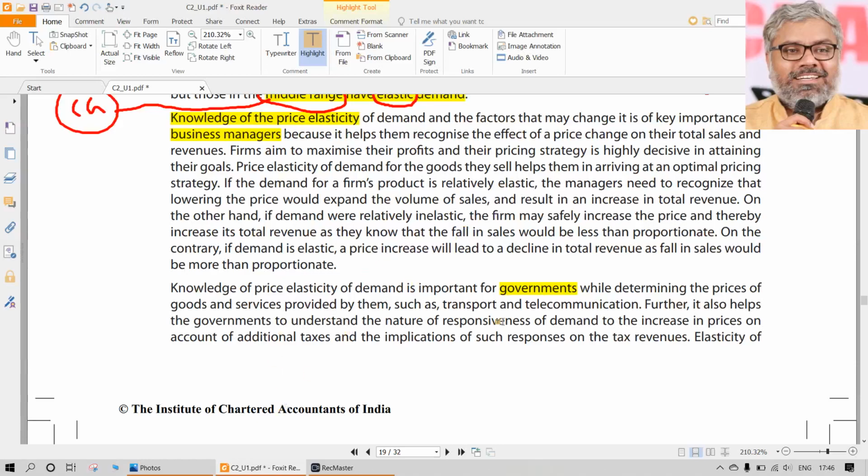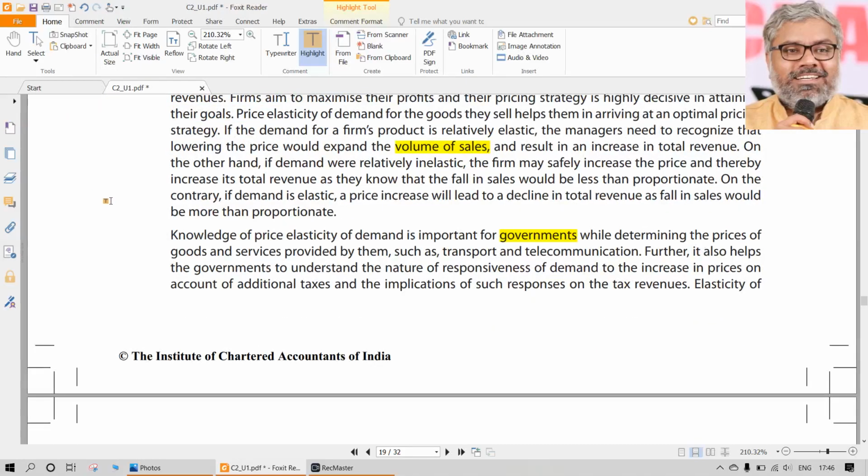So it is a very important aspect. And the knowledge of price elasticity is not only important for business managers, though for them anyway it is important, because that will ultimately impact the volume of sales. That is the ultimate objective of any company, any organization. They want higher sales. And how is that possible without understanding the tendency of the product, without understanding the price elasticity of the product? To achieve a higher volume of sales, business managers should know what the price elasticity of demand of a particular product is, where it stands, and what the behavior of the product is. They have to understand that anyway.